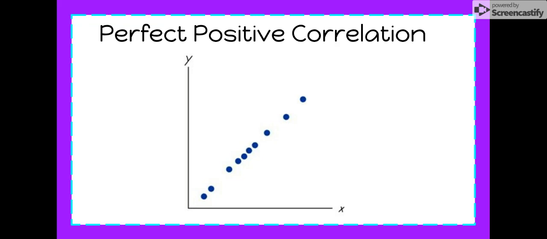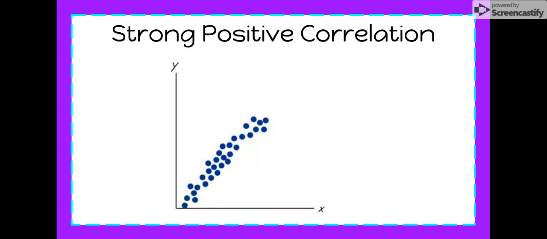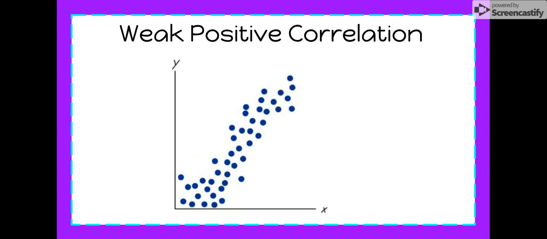It's a scatter plot where the points are so close together that it's evident they form a line, going in a positive direction. We have a strong positive correlation where the points are close together, still going in a positive direction, but they're not perfect in a line. And then we have our weak correlation where the points are more scattered and they're still in a visible positive